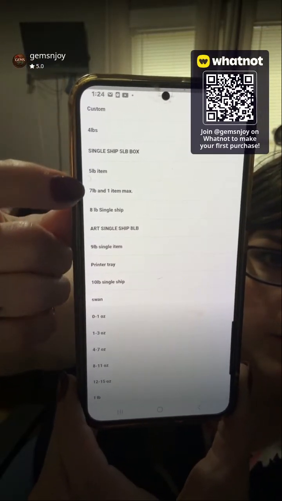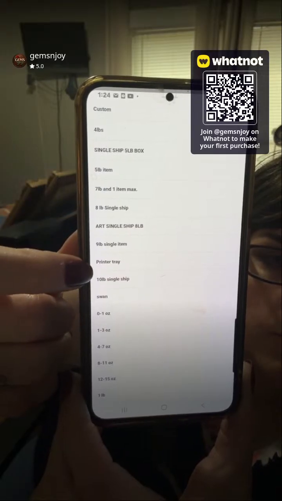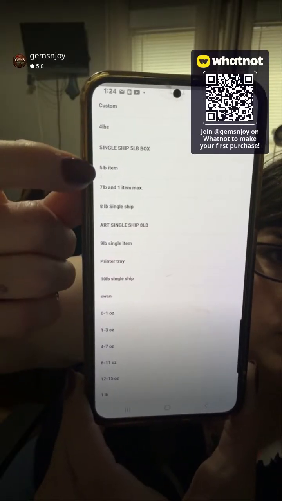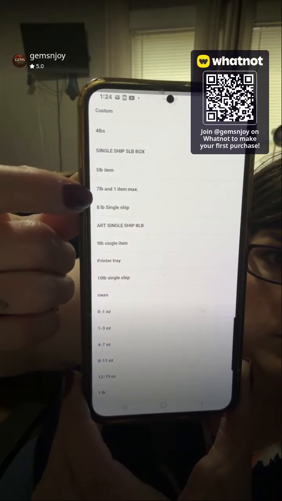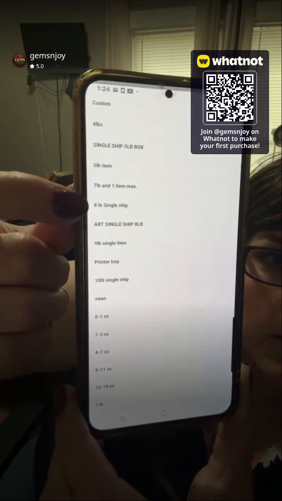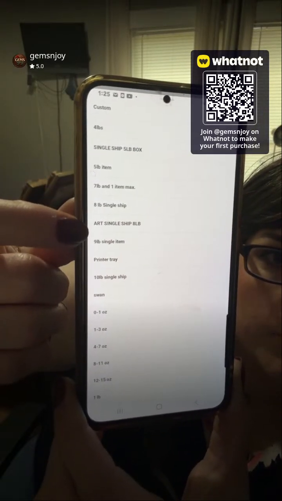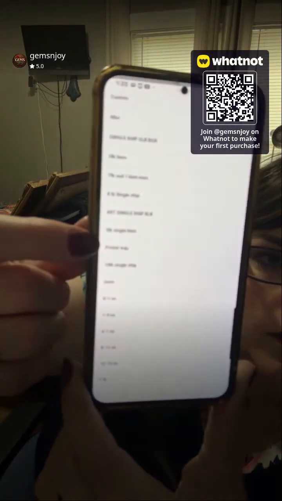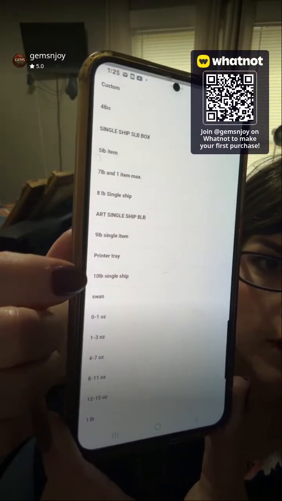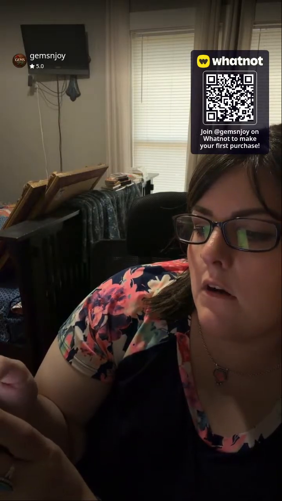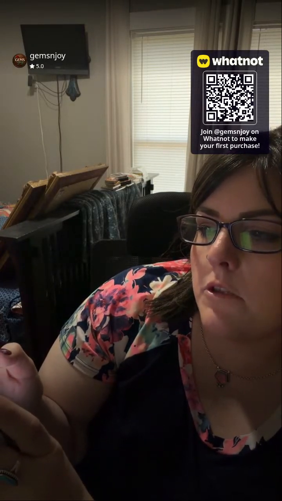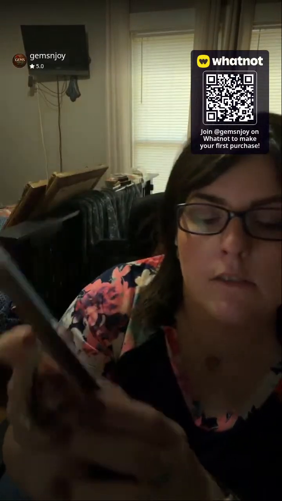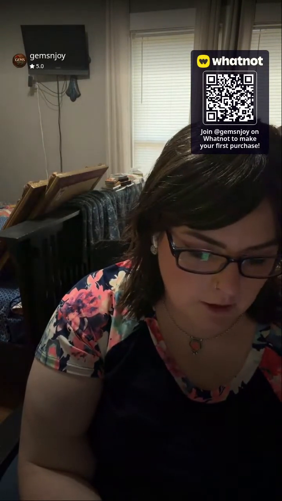These other ones that you see at the top are custom profiles that I have made. So I have a 7 pound single ship item, an 8 pound single ship, an art, a printer tray, a 10 pound, and other different ones in there. This one, I think I'm just going to get away with 8 to 11 ounces. It's a baseball. And then I'm going to go ahead and hit